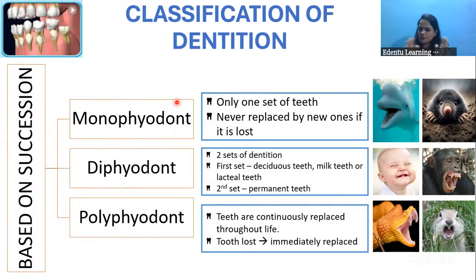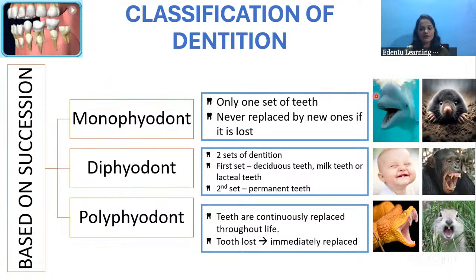Throughout their lifetime, they will have only one set of teeth. They have to take care of their teeth throughout their lifetime. If this set is lost, then it will not be replaced by a new set. Such kind of dentition is called the monophyodont type of dentition, and this is most commonly seen